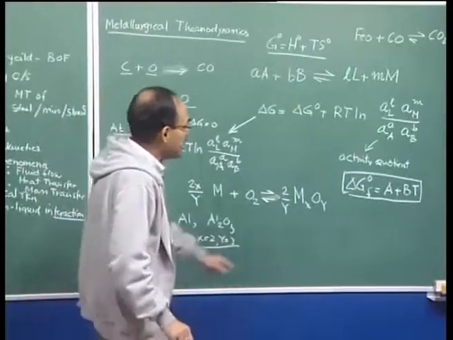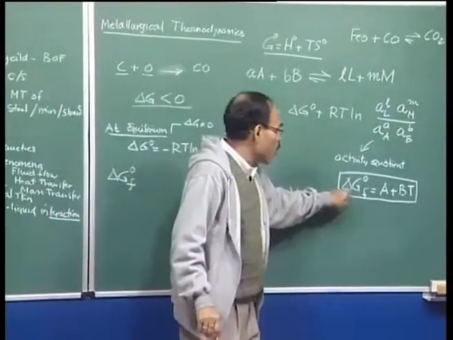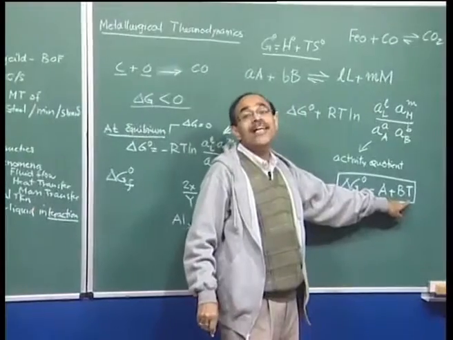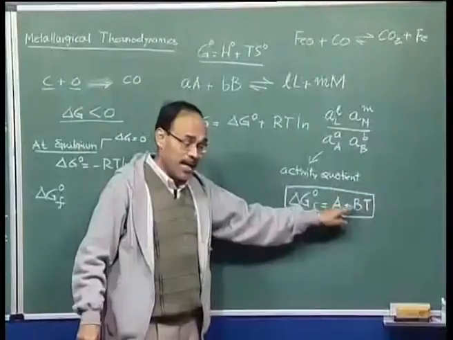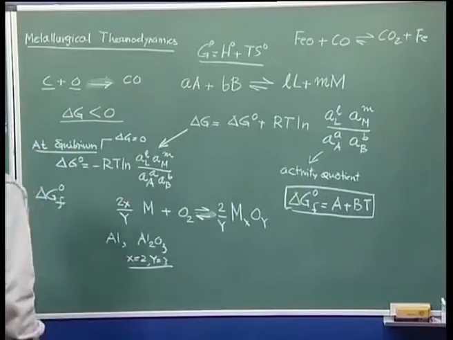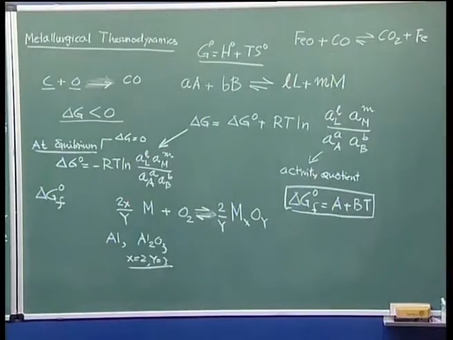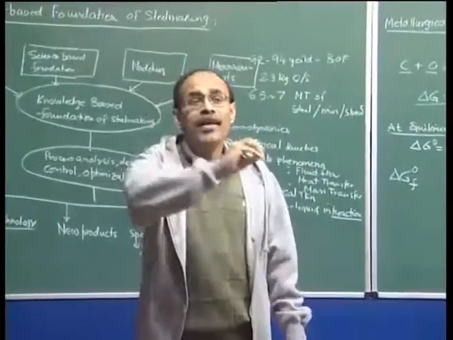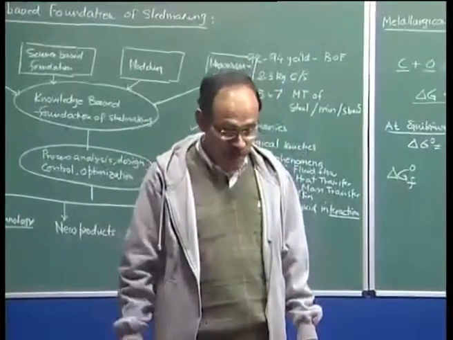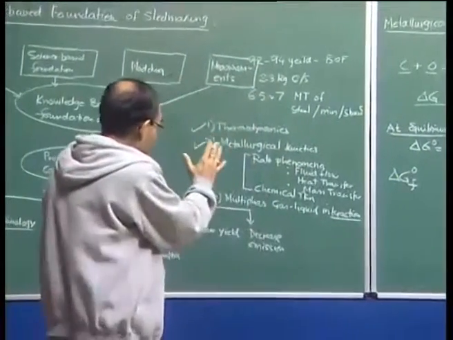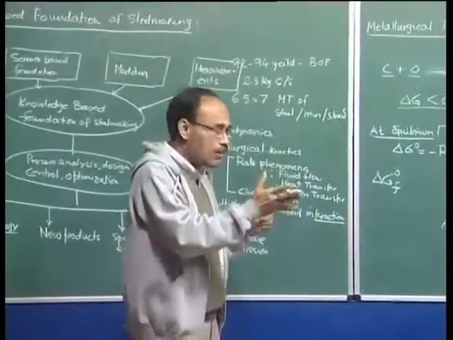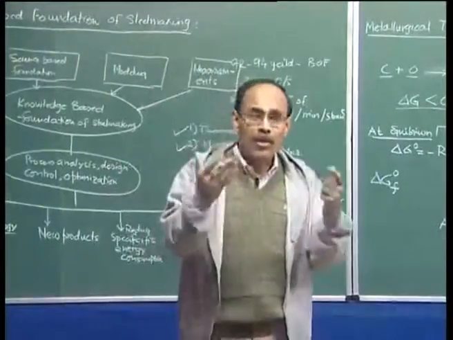So, that means it indicates that the free energy of formation plotted against temperature will yield us a straight line in which A and B are constants, and that is what you actually see when you look at the Ellingham diagram, where you have a number of straight lines drawn. I am going to now draw it very briefly and show you the relative positions of the lines in the figure and what that really